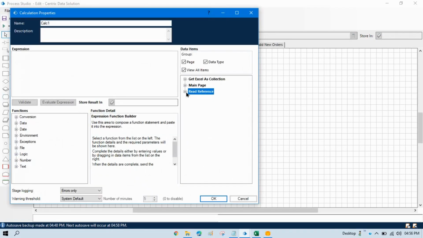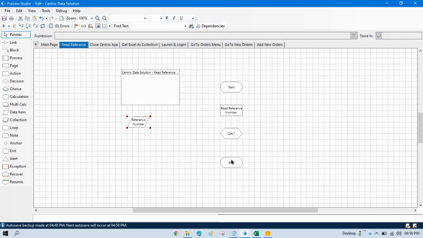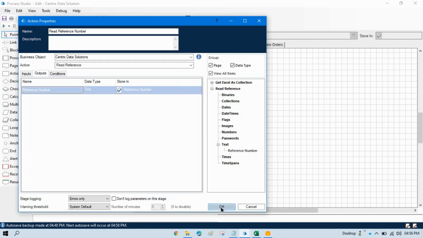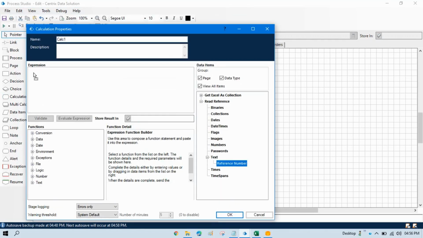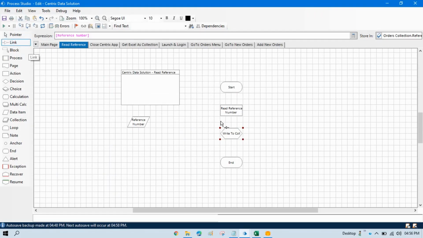It means we are going to store this one here. We are going to take this reference number and store in collection, order collection dot that Excel column name. So our Excel column name is reference, so we can put the same name here. Now click OK, update here, write to collection, click OK. Now after this, just connect this here,